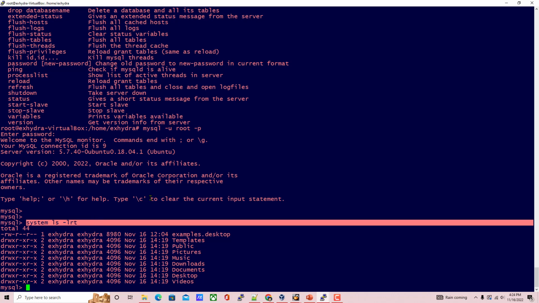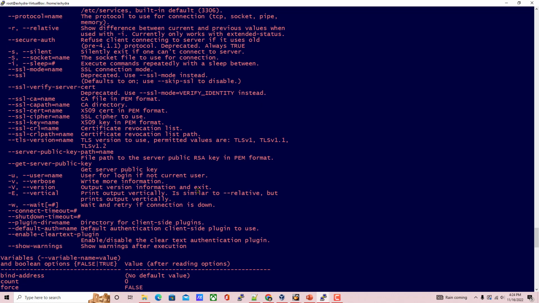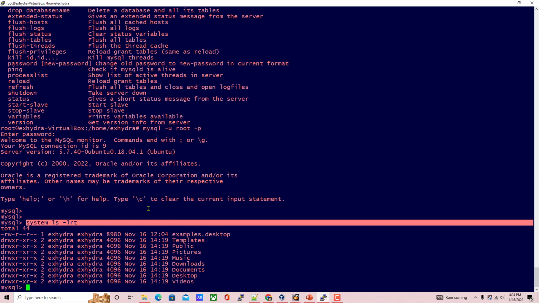Okay, this is vice versa. Previously we had seen how to type the database commands from the OS. Now we are typing OS commands in the database command line. Okay, so this is how you will type in directly,